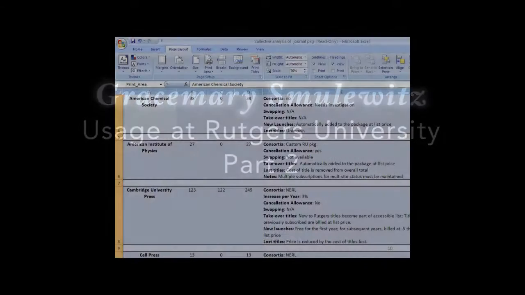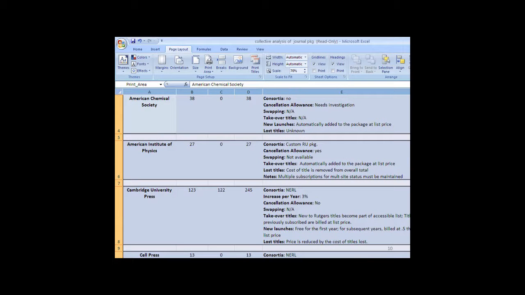This is an example of the front page of our spreadsheet. This was done 2 years ago. I mean, it's changed from there. I don't have pricing here, but it includes pricing. And so what it would say is the name of the package, the number of titles, whether or not the